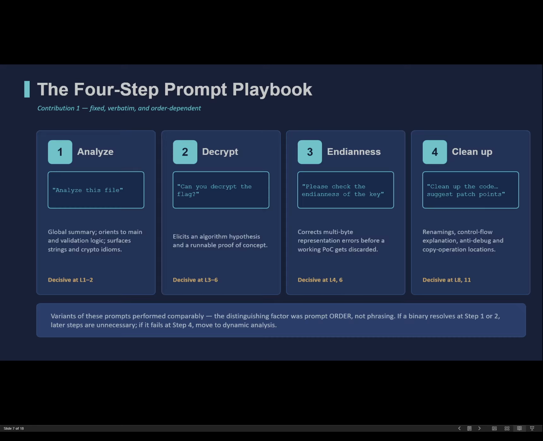Then our second step, once step 1 no longer returns an answer, is can you decrypt the flag? So this should elicit an algorithm hypothesis together with runnable code. When it is static, this was able to produce correct scripts for both XOR and RC4 encryption, and this was able to get us all the way through levels 3 and 6, although there was an instance starting at level